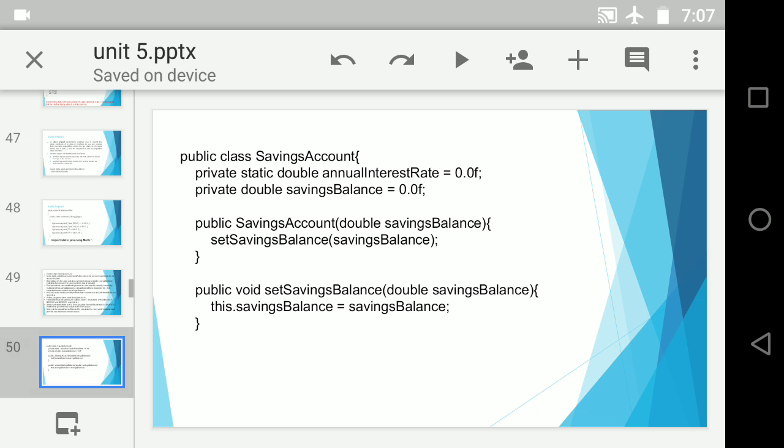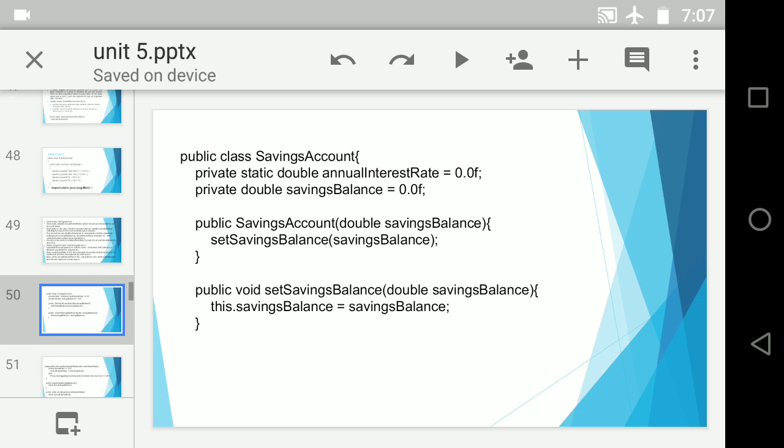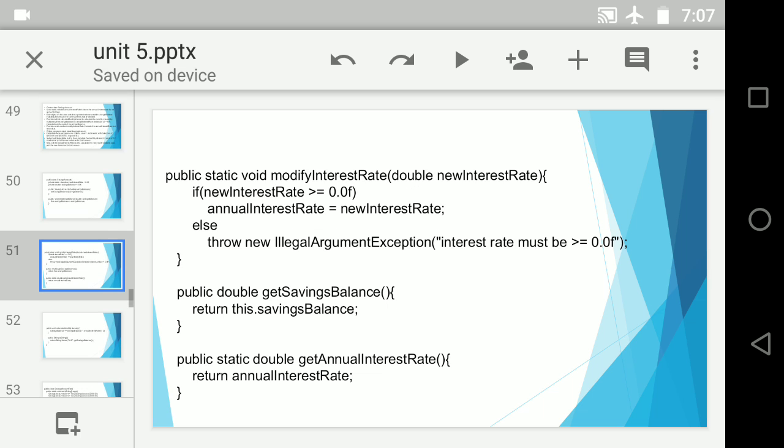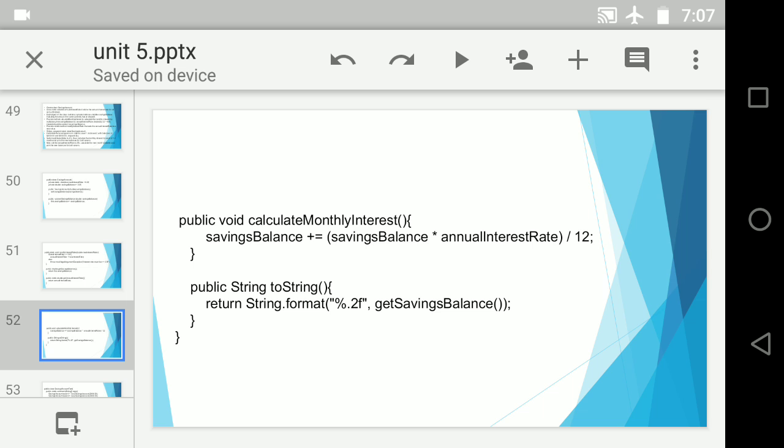Done? So for that I am creating one method. Calculate monthly interest. Have you seen that? Yes. So public void calculateMonthlyInterest. Why have I written it void? Because I don't want the method to return anything. Done? And what did I do?